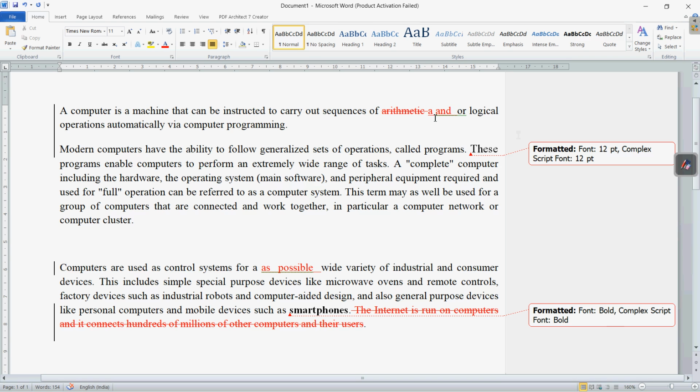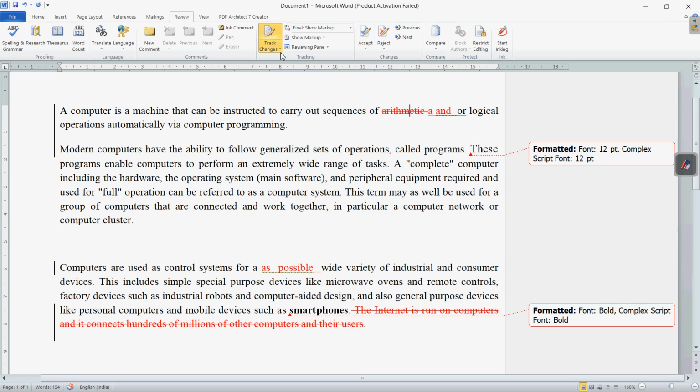Right now also, if I come to the review track changes, here you can see whenever I bring the mouse to any of these words, it gives you the name of the user, then the date and the time.